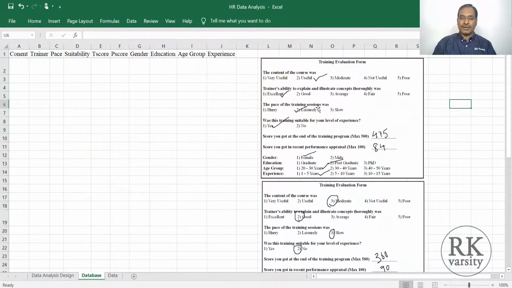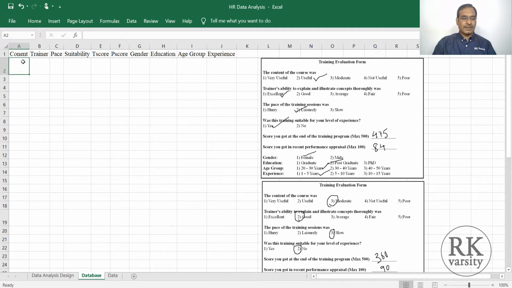Here is a sample of the questionnaire using which you collected the data. This questionnaire contains 10 questions. All right. In the previous lecture, I showed you how to validate the fields and enter the data, but that is a little cumbersome. Instead, you can create a form in Microsoft Excel so that it would be very convenient for you to enter the data. To create a form, first you need to list out your variables in different columns. So here we listed all the variables from column A to column J.